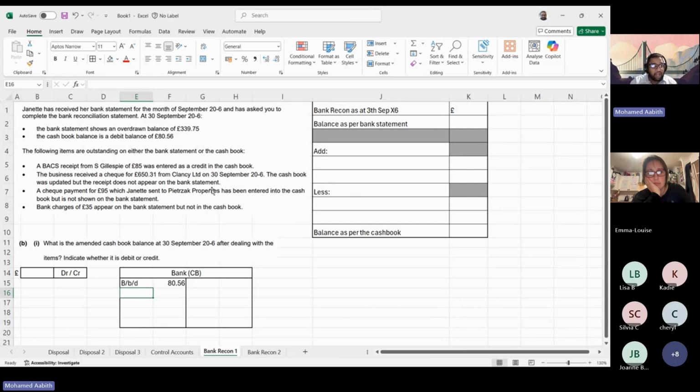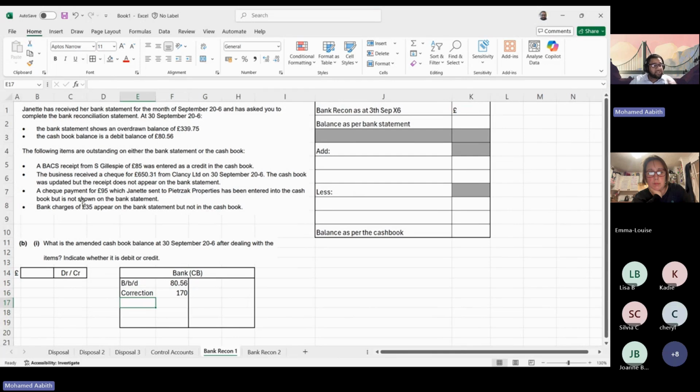So therefore, I need to remove this by debiting that once, and then I do that one more time. So this is a correction for that same amount, which is 170. So we do that twice. This is the first correction we do. Next one is, that's not what they're asking you, but I'm doing it for the purpose of finding the